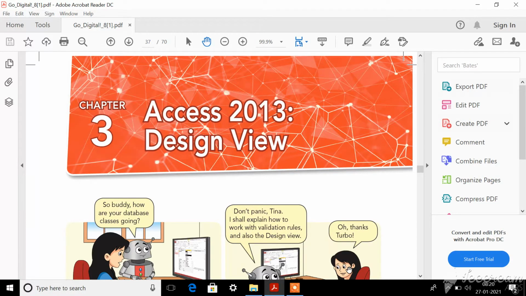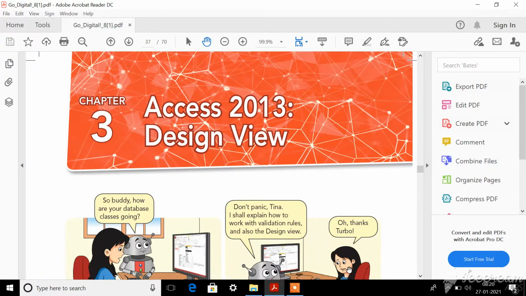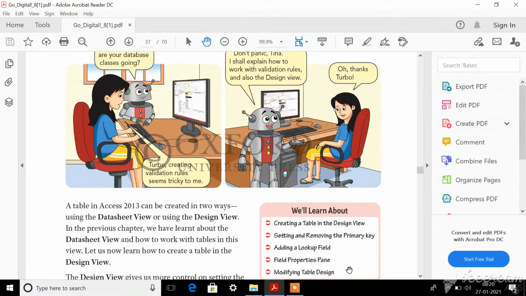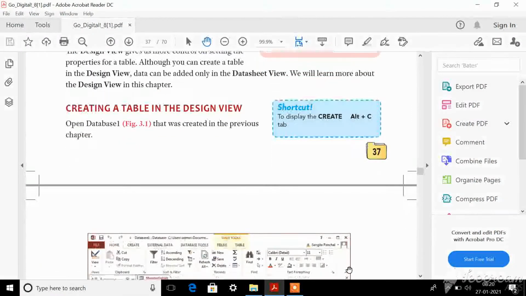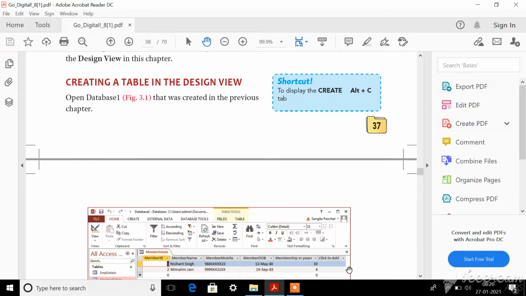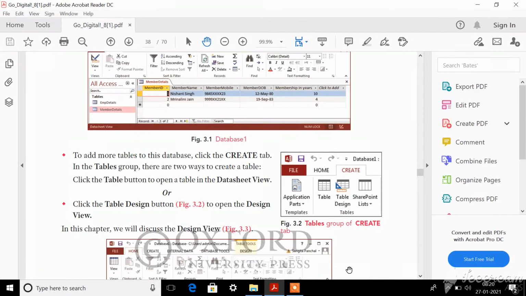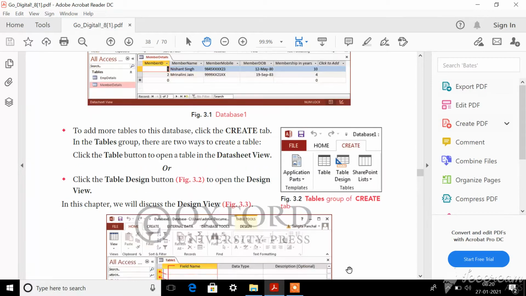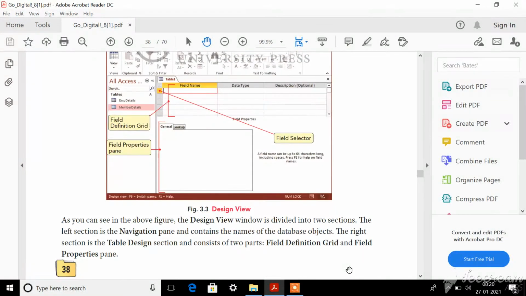Okay, so your third chapter, we have seen the introduction of the Access 2013 design view in the previous class. You remember that, dear children? We have seen how to create a table in the design view, and we also have seen what are the components in design view.